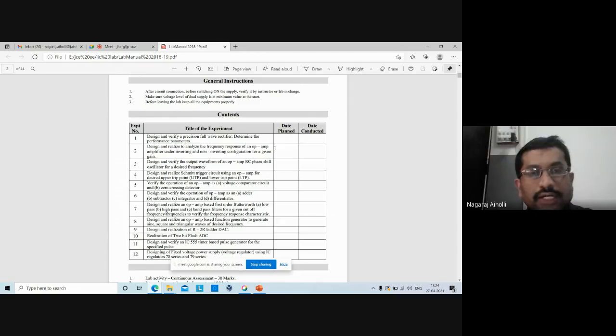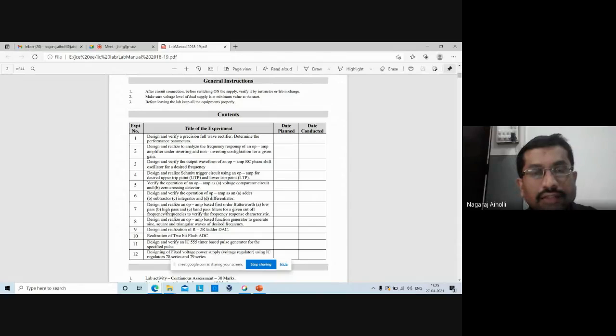So OPAMP is a versatile IC. Using this operational amplifier, we'll be able to rig up different circuits. So the entire lab is based on the use of the OPAMP in the circuits. So this is the operational amplifier and linear integrated circuits lab. The output is linear with respect to the input, and hence we say that it is a linearly varying output, and that's why the name given for the lab is OPAMP and linear integrated circuit lab, that is OPAMP and linear ICs lab.